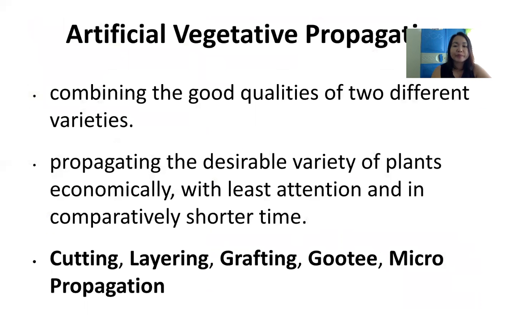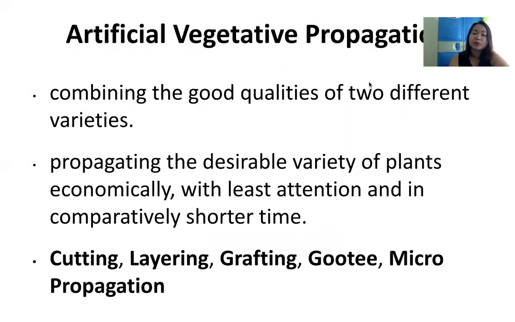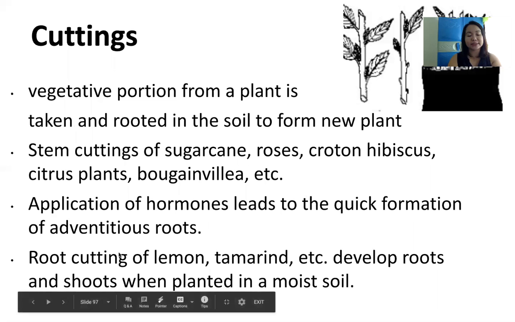So we have artificial propagation. Those mentioned earlier are natural vegetative propagation. And when we say artificial, these are combining the good qualities of 2 different varieties. The propagation is because we need to propagate the desirable variety of plants economically, with less attention and in comparatively shorter time. So this includes cuttings,